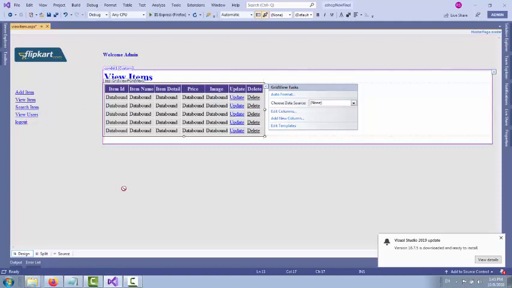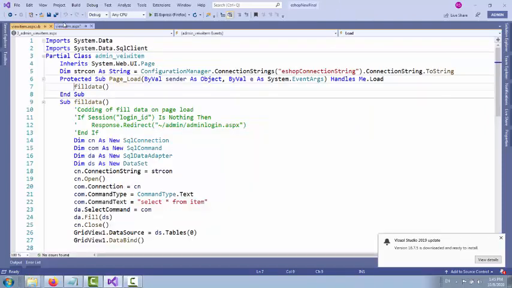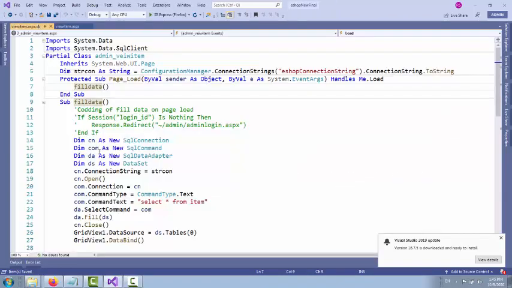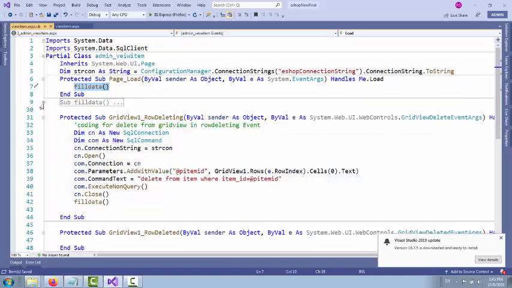Now let us see what I have done inside the coding. Firstly I import the two main packages, and then I establish a strcon. Then inside the page load I call one function, that is fill data. I make a common function for filling the information.